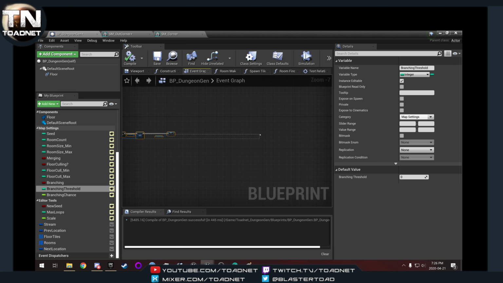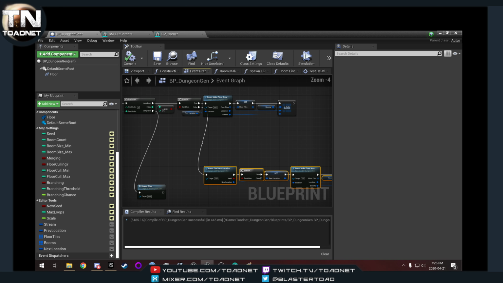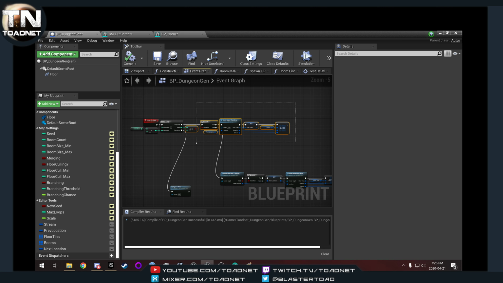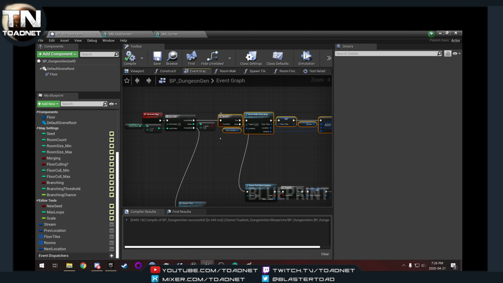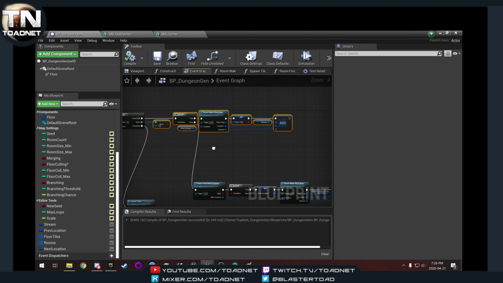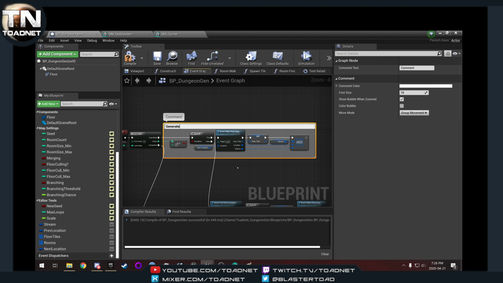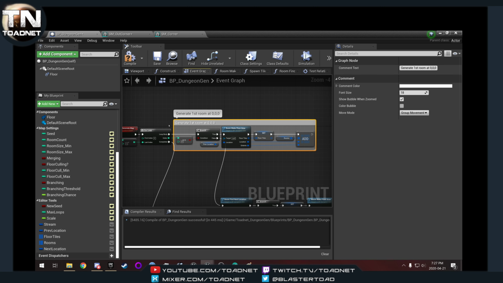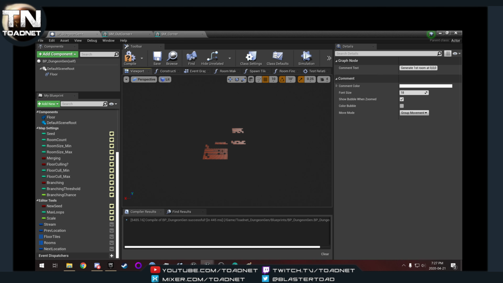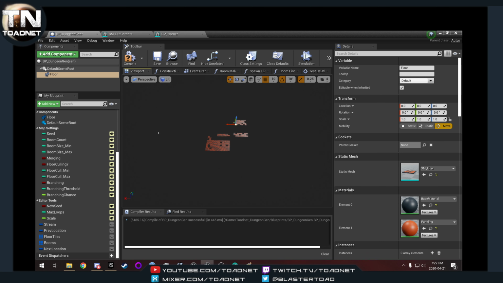So, I'm gonna move this down. We're going to start commenting stuff. Generate room or first room at 0, 0, 0. Not world location 0, 0, 0, but relative location. So that's the other cool thing with this, it's all relative to your blueprint. If you want to say tack this on to the end of another generated dungeon, you could end up just like adding them together at different points